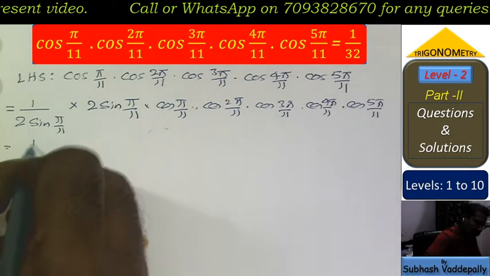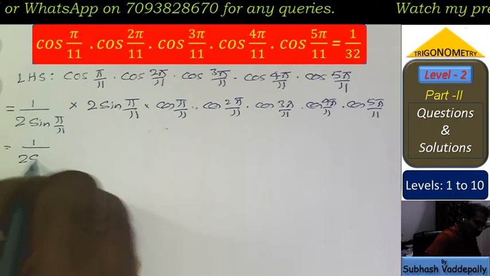So here this 1 divided by 2 sine pi by 11 I write as it is,